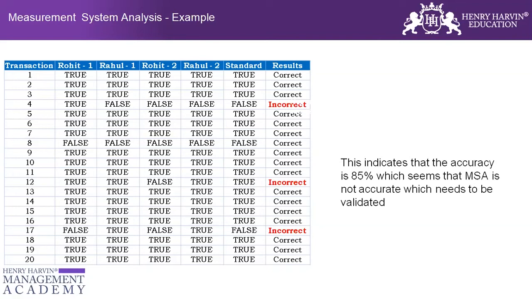You can add 3 and 4. The only thing that would happen is that it's going to take a lot of time and a lot of effort as well. But if your cost of defect is very, very high, if you are running at a good sigma level and if you have good enough time for looking at the problem, you can add more than 2 as well. But 2 is good enough. If you want to add 3 or 4, then also it's fine. But please don't try to add more than 4 or 5. Then it becomes very complicated and it takes a lot of time. But at least 2 should be there.